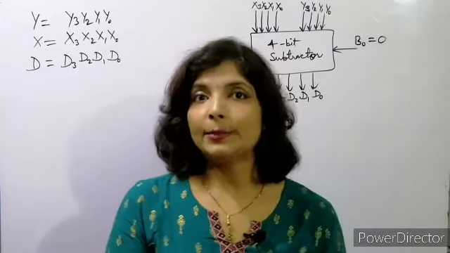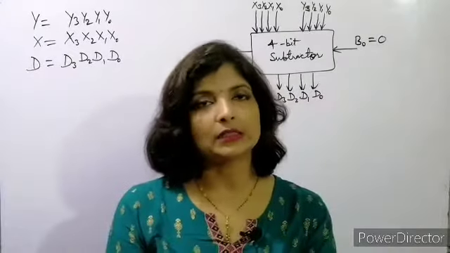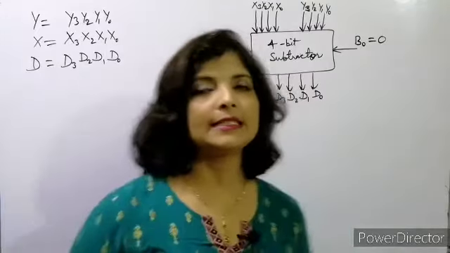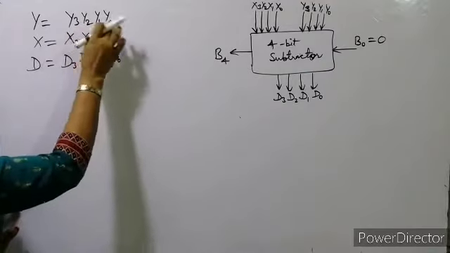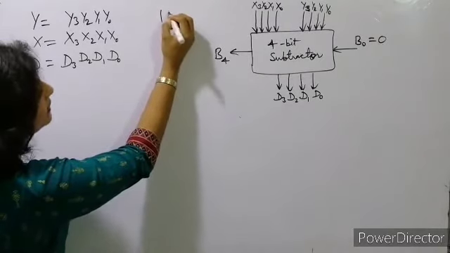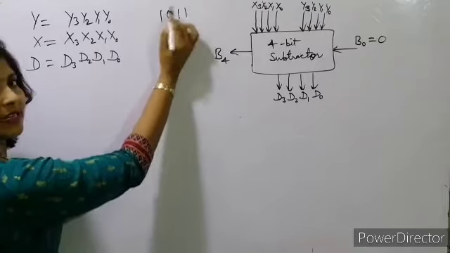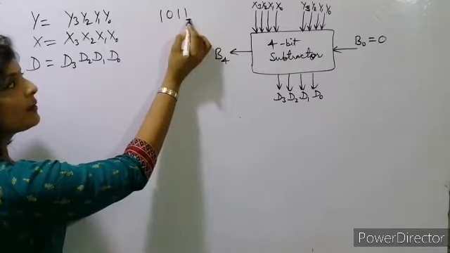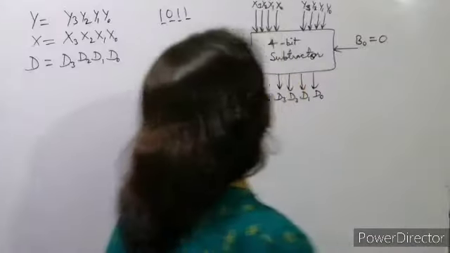Now we'll see one example for an n-bit binary subtractor, and we'll take the example n is equal to 4. So we'll take a 4-bit subtractor. We have taken the value of x, and the value of y will be y3, y2, y1, y0. As I told you earlier, we discussed before, like a number is given 1 0 1 1. This is a binary value, a 4-bit binary value. If we take y equal to this one, then this will be y0, y1, y2, y3. So we'll consider it like this.